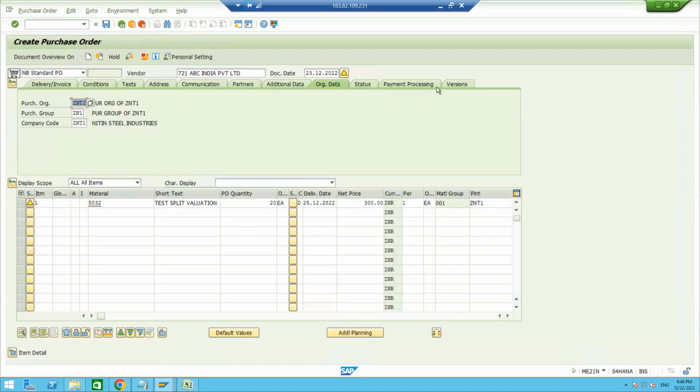You can see now release strategy is not coming. Now I'm going to check. Click on check. You can see AME29M,